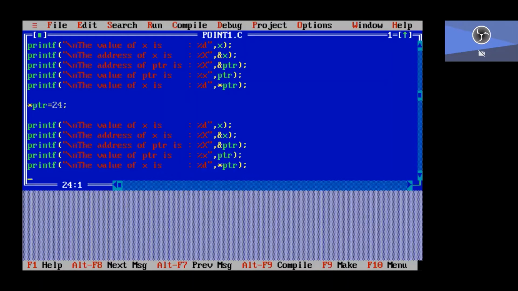After changing the x value to 24, we get the same address. The addresses do not change. Only the x value is changed indirectly, that is, by using the pointer.